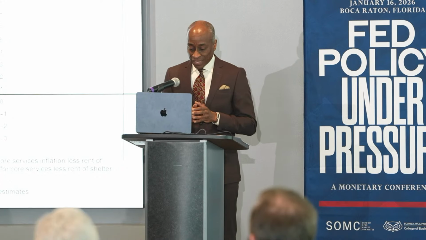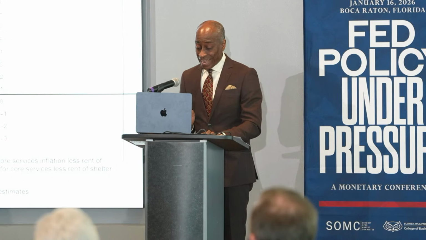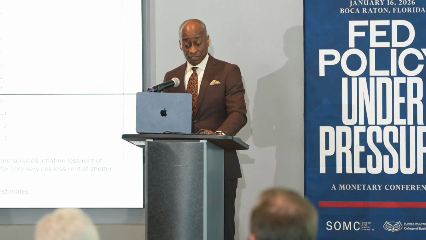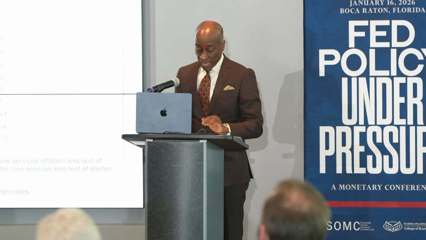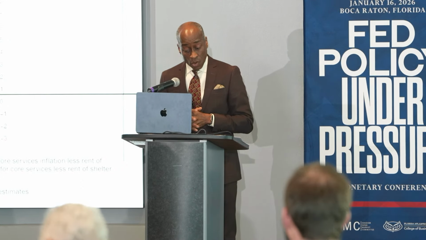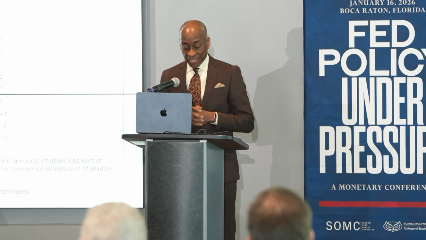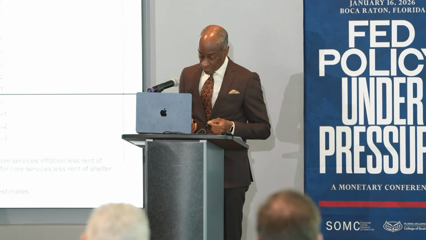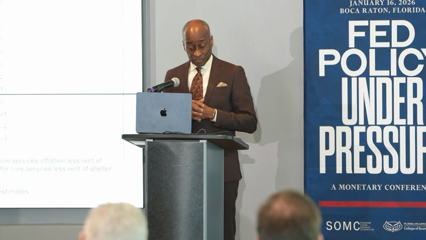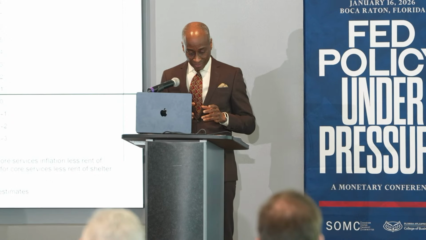Looking at the three buckets separately, shelter inflation, shown by the black dotted line, has continued to decline. And core services inflation, excluding shelter, the red dashed line, has also been on a downward trend, albeit on a somewhat bumpier path. Those readings are consistent with overall inflation moving back towards target. What is inconsistent with a return to 2% inflation is the rise in core goods prices.